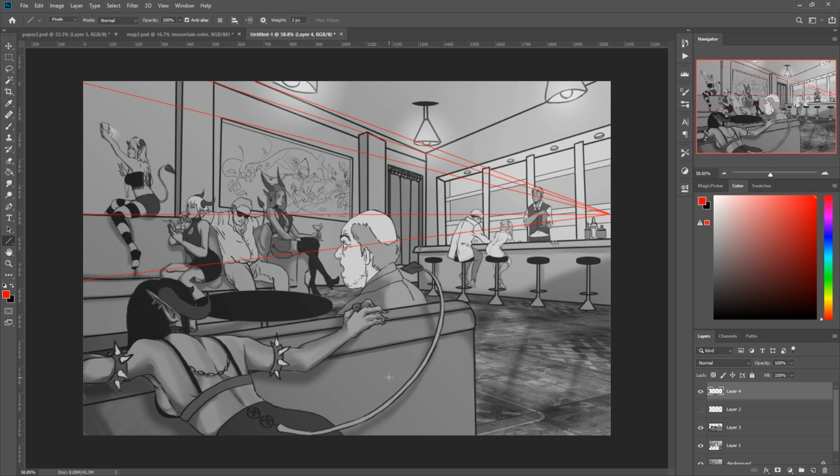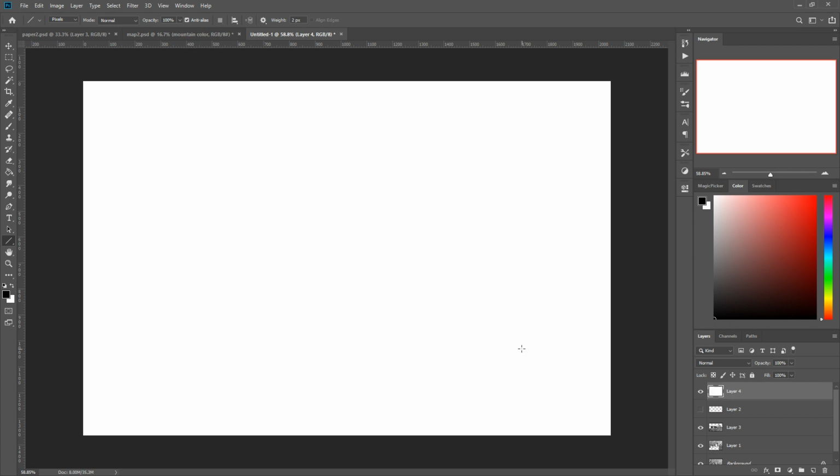But the other aspect is that when you do vanishing points like this, don't keep the vanishing points on the same page, because what we're doing, and I'm going to hit the default key here, and what I'm going to show you is,